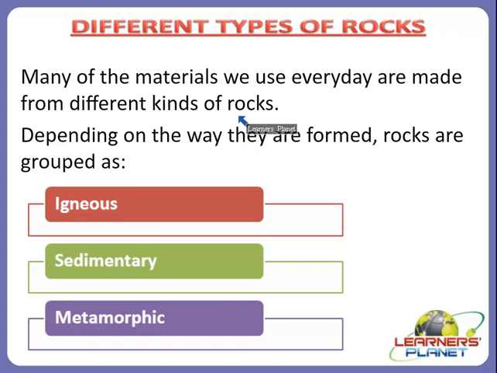So depending upon the type of their formation, how the rocks are forming by themselves in a natural way, they are divided into three groups, and they are igneous, sedimentary and metamorphic rocks, right? So in this session we are going to discuss one such group of rocks, and they are igneous rocks, right? So let's start with the first type of rock.